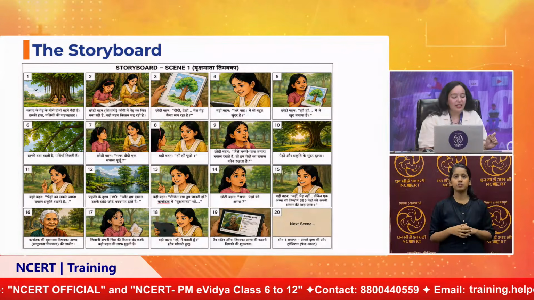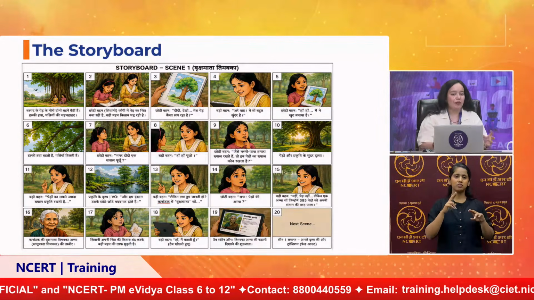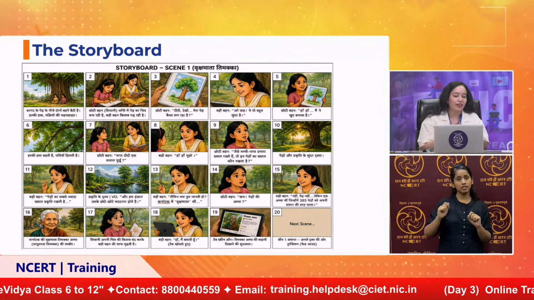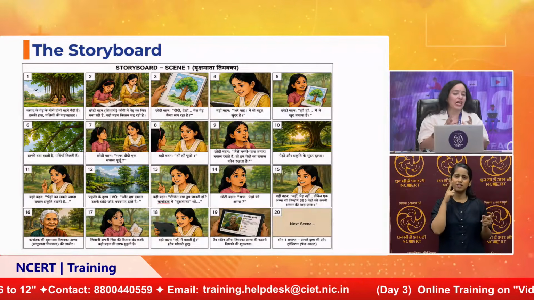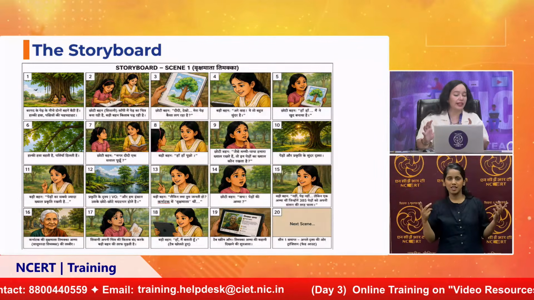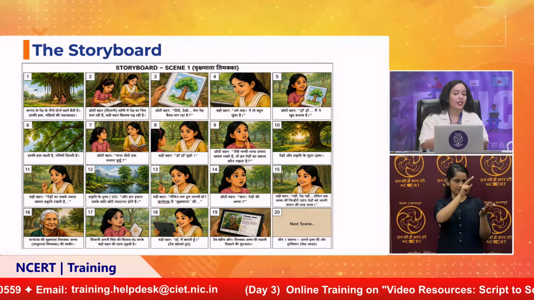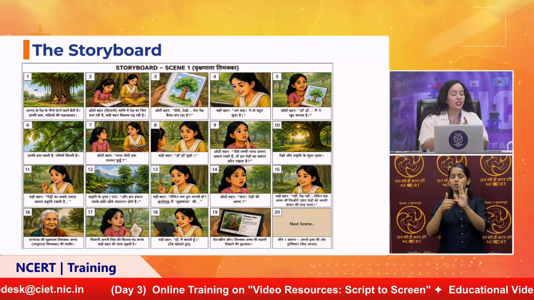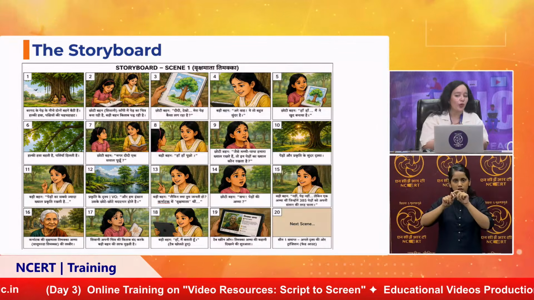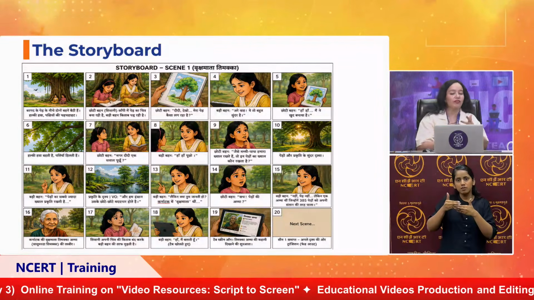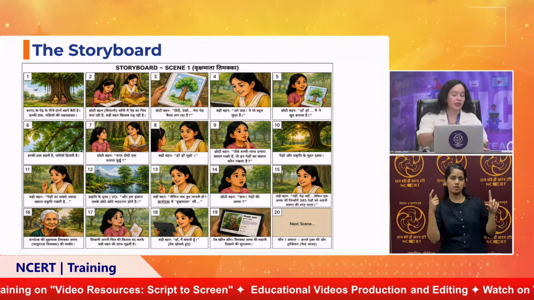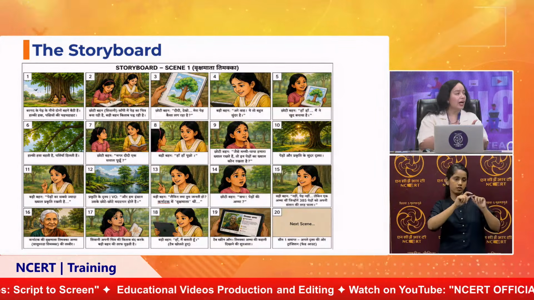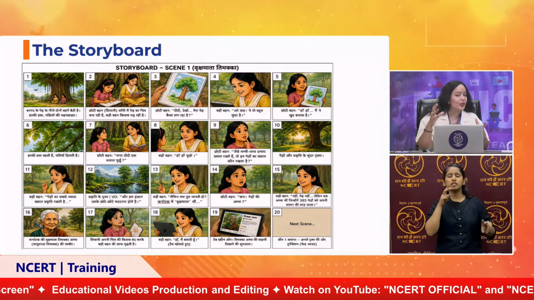So in frame 1, you can see ek ped ke niche, there are 2 sisters sitting. Right. And in the second frame, we established that one sister is reading a book and another is drawing. And in the third, we show a tight shot, a close up of that drawing. And in the 4th shot, we show the close up of the elder sister who was reading a book. This is a visual sequence of the script.